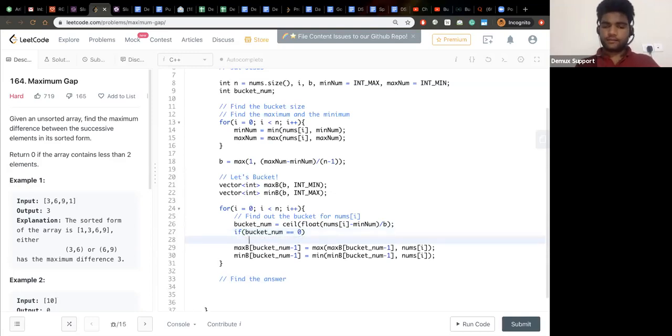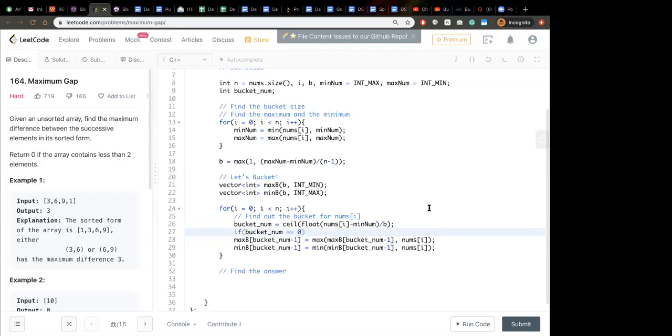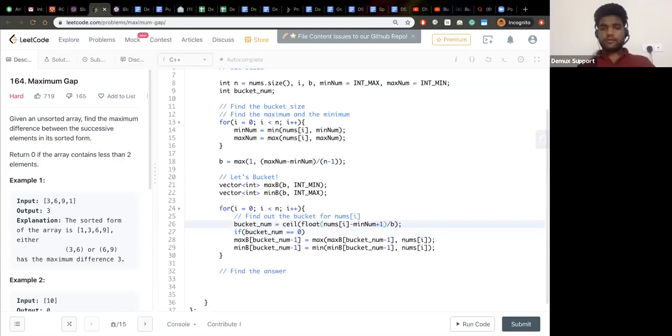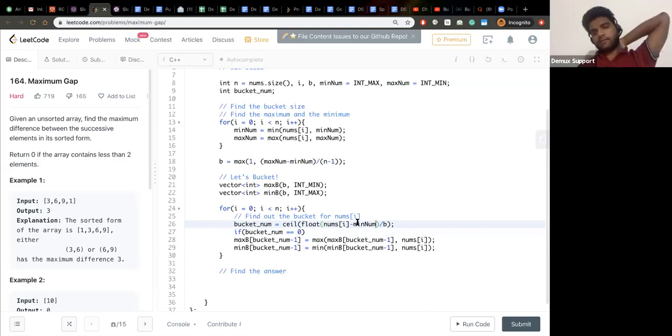Sir, can't you do nums of I minus min num plus 1, then divide by B? Here you will do a plus 1, and you will get rid of the ceil. So if it is 0 point something something, that ceil will be 1. No, the ceil will still be 1 even if you keep this, right? That plus 1 will not really